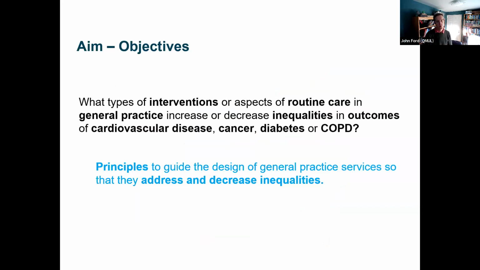So the aim of the project was to try and identify interventions or aspects of routine care in general practice which increase or decrease inequalities. We knew we weren't going to come up with a list of interventions, but the idea was to try and identify principles. Again, that speaks to the realist methods. We knew that we wouldn't be able to come up with a list of primary care interventions that would address inequalities, or if we did, then it doesn't work to say actually this intervention is going to address inequalities, because we know that in different contexts, in different parts of the country, things work to a greater or lesser extent. So we wanted to try and identify principles,